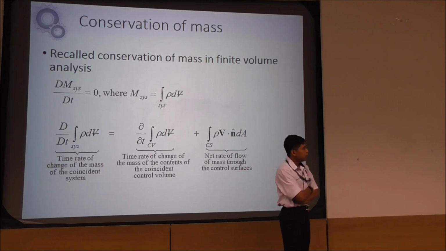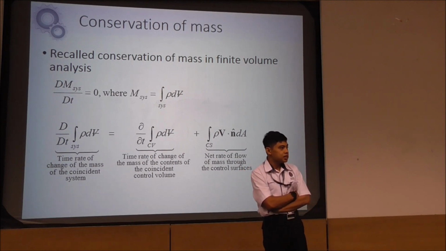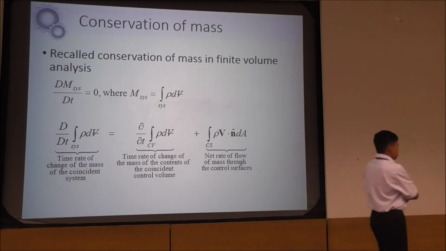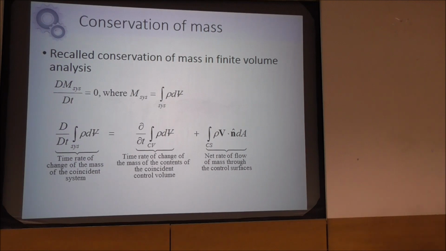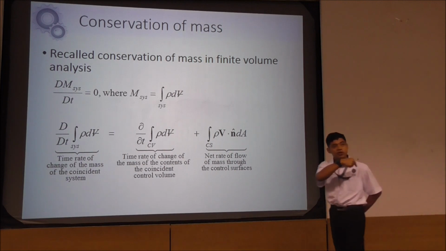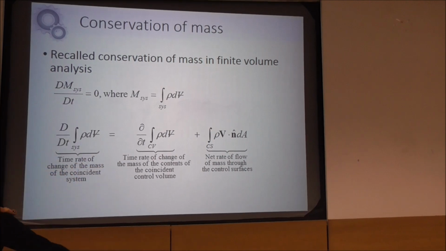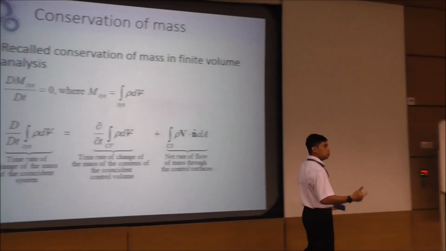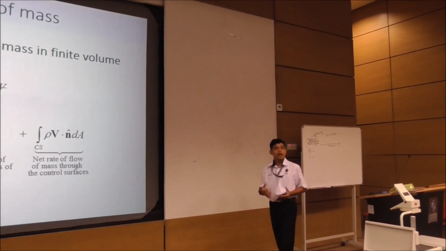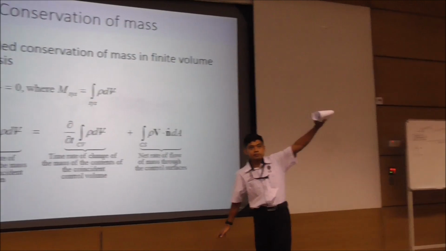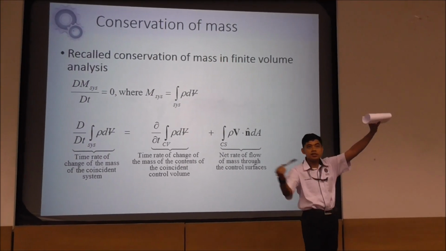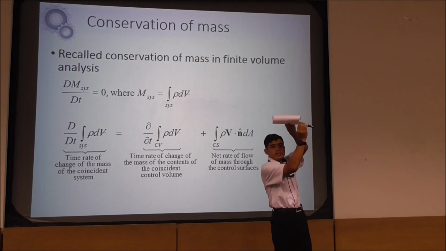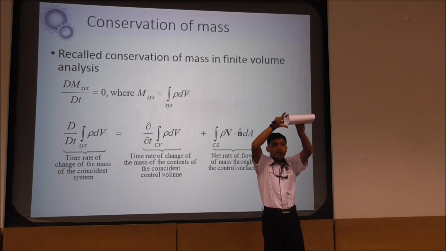Control mass. Right? When you are dealing with the car, you are dealing with the control mass, which means the mass is constant. When you are dealing with the control mass, you follow the movement of this mass. When it flows, look at that. Right? The velocity, the acceleration, and the distance of that thing from the original point. Now the problem when you are having a fluid, you cannot do that because fluid is continuous material. Right? That's why you are dealing with control volume. So when you are dealing with control volume, you take a constant volume. Right? This is my constant volume bounded by this. So what I want to see is what is coming in, what is coming out, and whatever retained within the